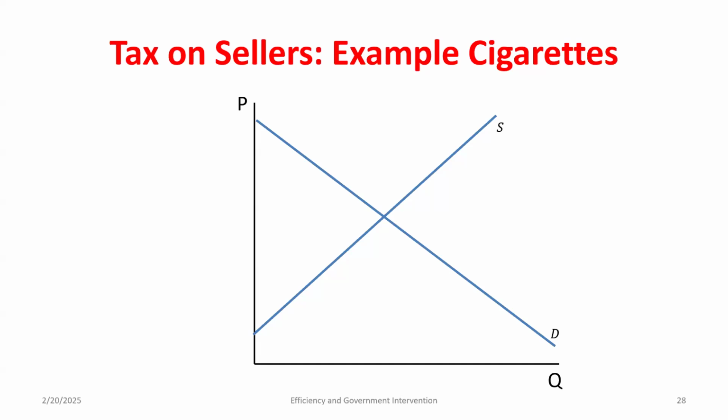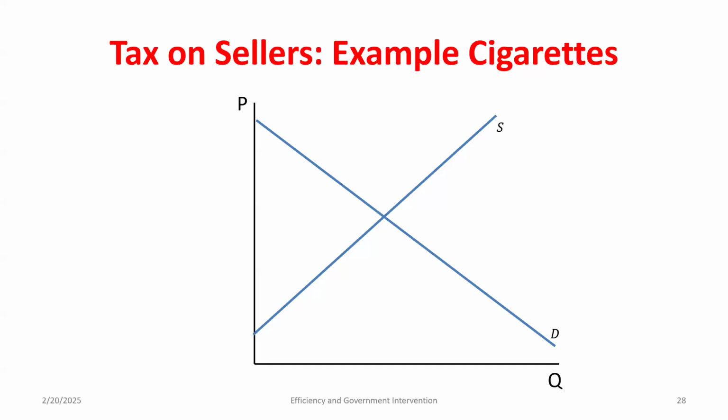Okay. So with taxes, what's true about the price that consumers pay? It's going to be higher than before. What's true about the price that sellers get to keep? It's going to be lower than before. So what's going to happen, do you think, to producer and consumer surplus? If consumers are paying higher prices, producers are keeping less money. And where's the new equilibrium quantity after this tax? It's going to be lower. What do you think happens to producer and consumer surplus? They're both going to go down.